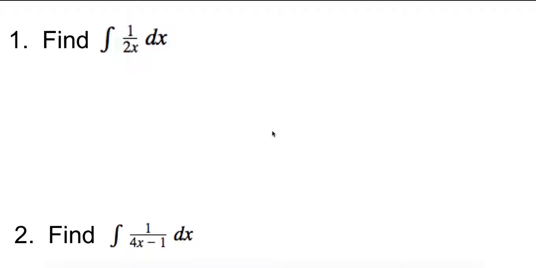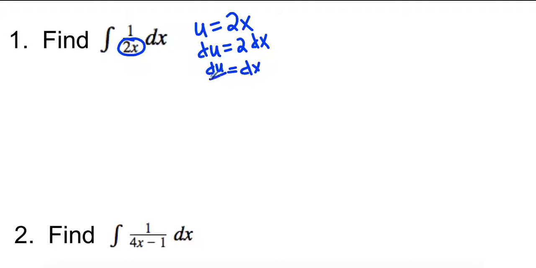So for the first one, we want to find the antiderivative of 1 over 2x dx. Probably the first thing you want to do is recognize that you have a function within a function, and we'll let u equal 2x. So that's going to take care of this. du is going to be 2 dx. I don't have a 2 dx in the problem, I just have a dx, so we divide by 2, so du over 2. So when I plug this in, I get 1 over u du over 2,